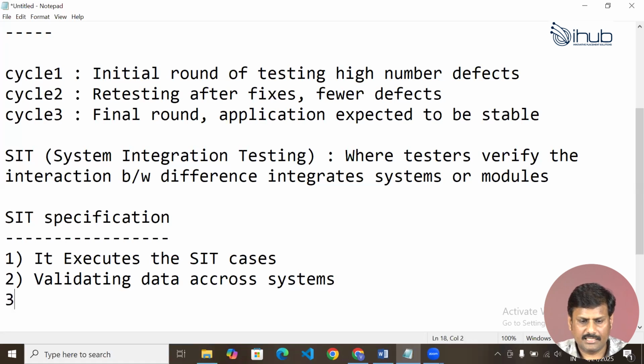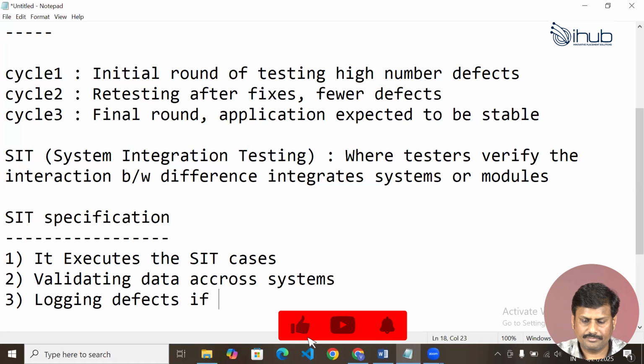And the next specification is logging defects if integration fails.